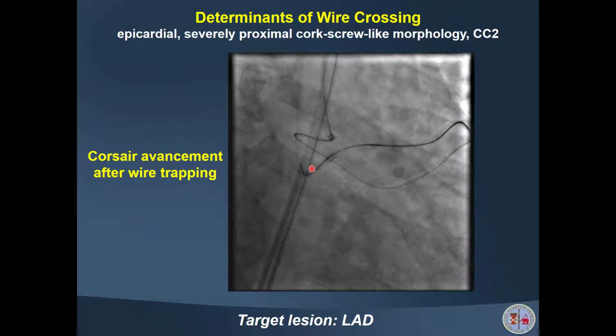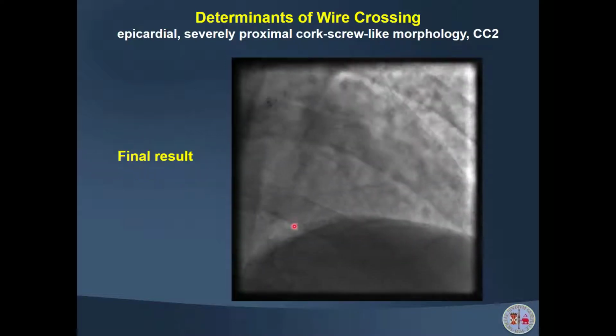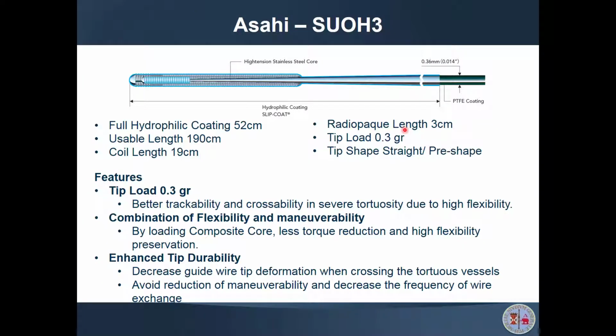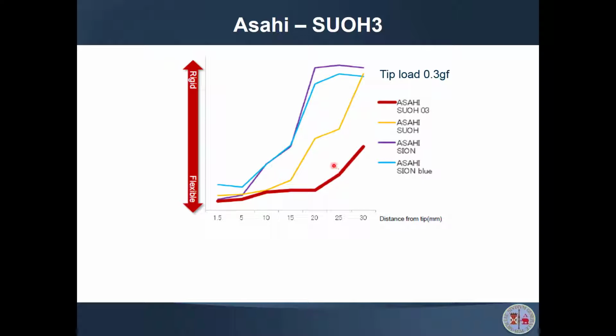But more recently, in the last year or so, another new wire came on the market. This is called SUOH3. It is specifically dedicated for retrograde collaterals, especially epicardial collaterals. It has a lower tip load, so it is more flexible than the previous Sion Blue wires. As you can see, 0.3 as compared to 0.8, but what is interesting is that it has the same high support as the Sion,